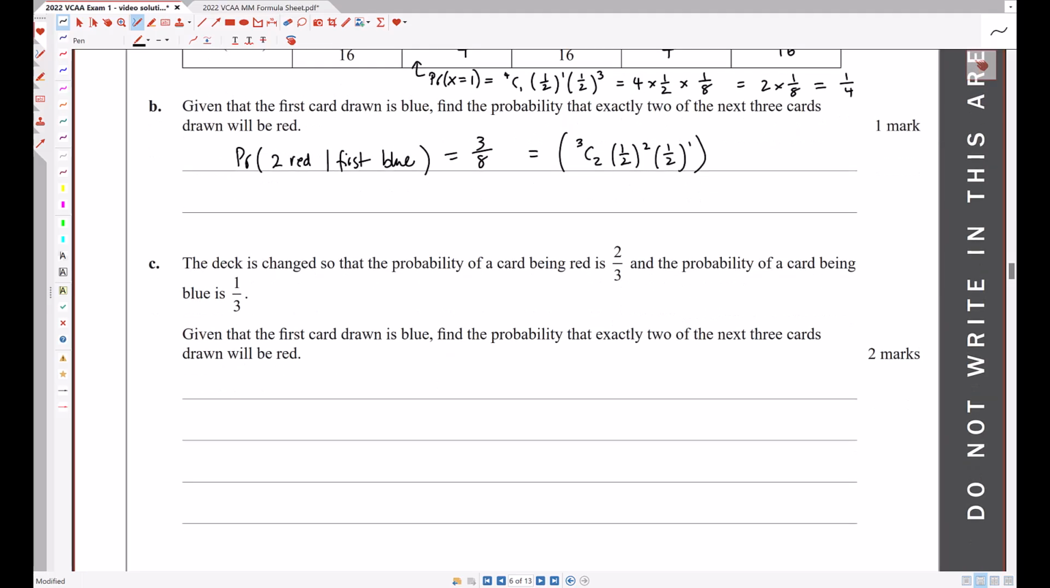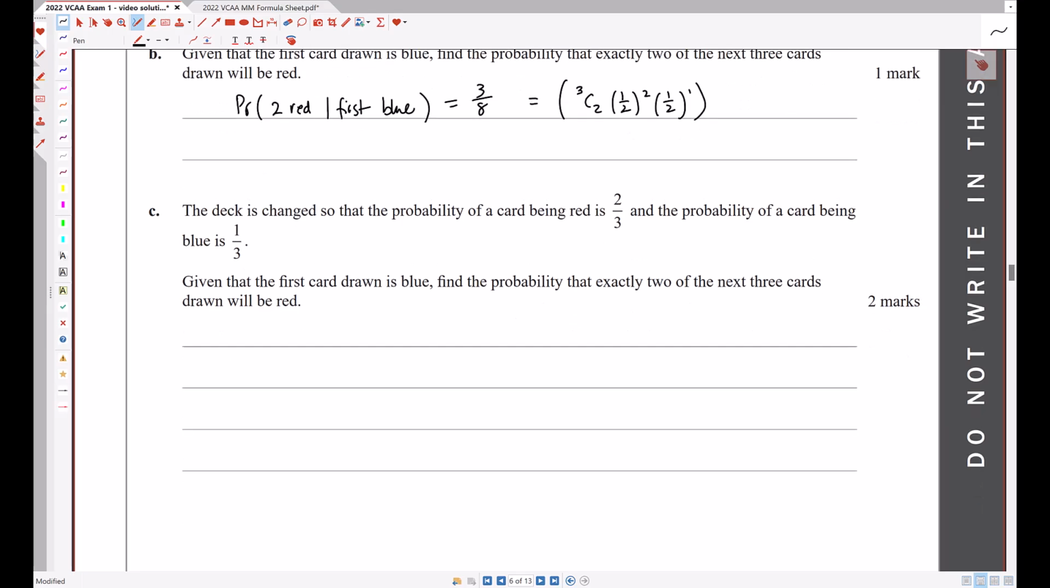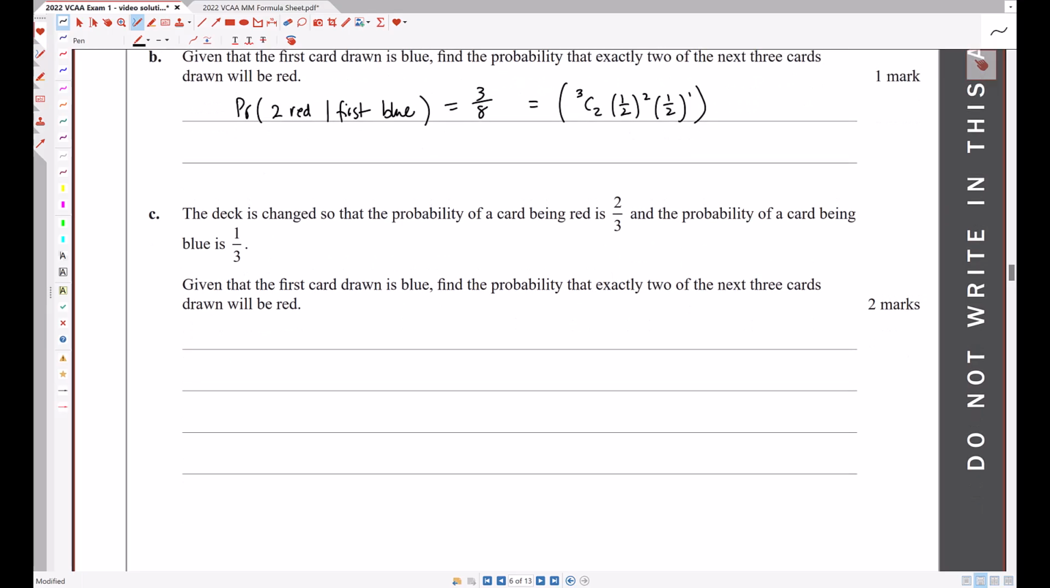The deck is changed so that the probability of a card being red is 2/3 and the probability of a card being blue is 1/3. Given that the first card drawn is blue, find the probability that exactly 2 of the next 3 cards drawn will be red. Okay, so we've already done the thinking through of what we need to worry about. So I'm probably going to use this formula here, but I could also go back to my tree diagram and adjust it. So this would be, again, probability of 2 red given first card is blue